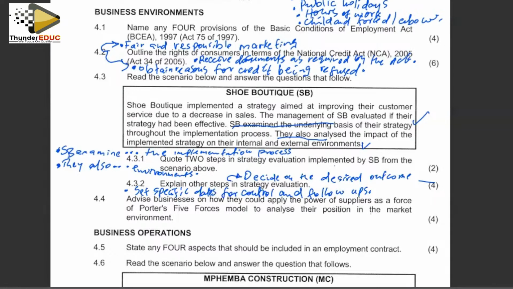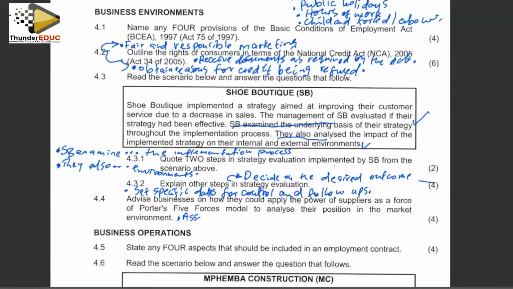Advise businesses on how they could apply the power of suppliers as a force of Porter's 5 forces model to analyze their position in the market environment. Okay, right, grade 12. So now it should assess the power of the suppliers in influencing prices. Also, the more powerful the suppliers, the less control the business has over such suppliers. Okay, right. You're saying that